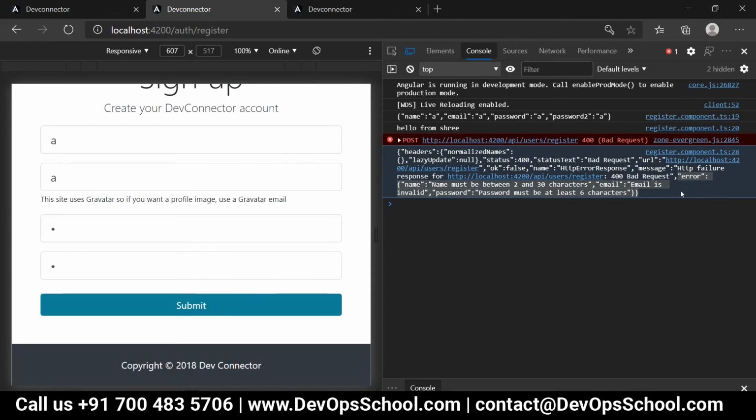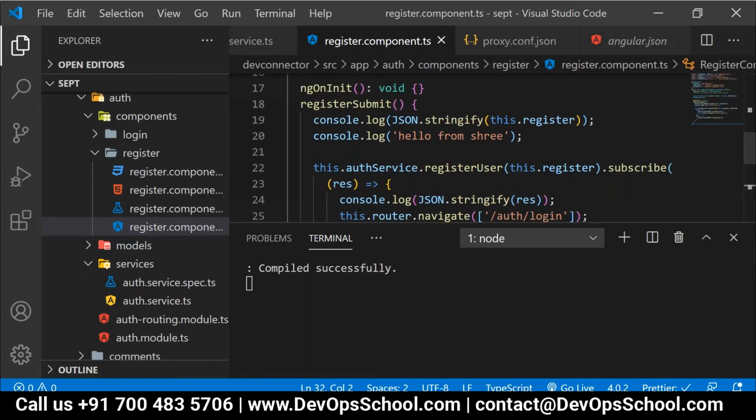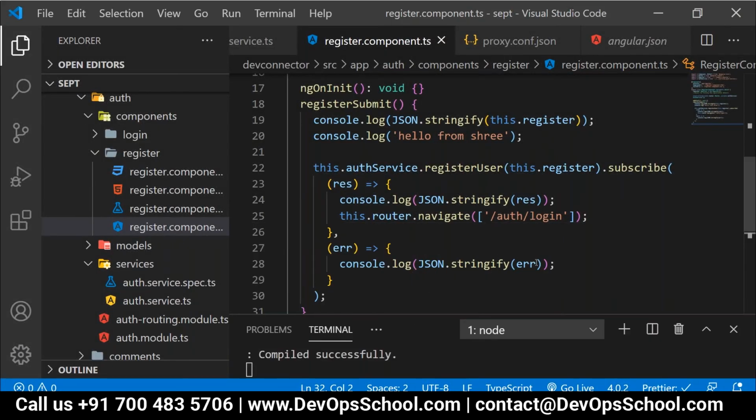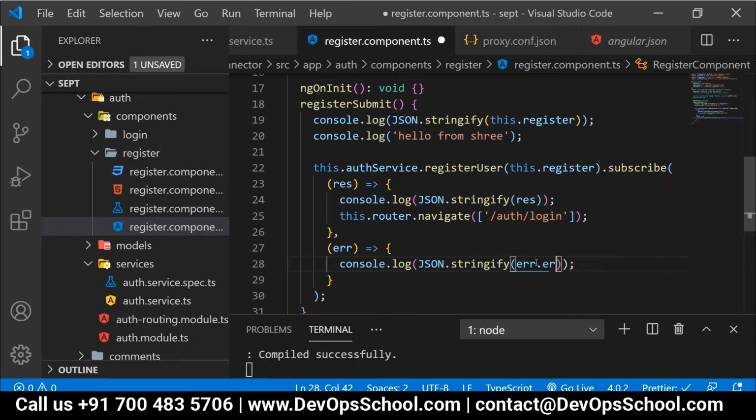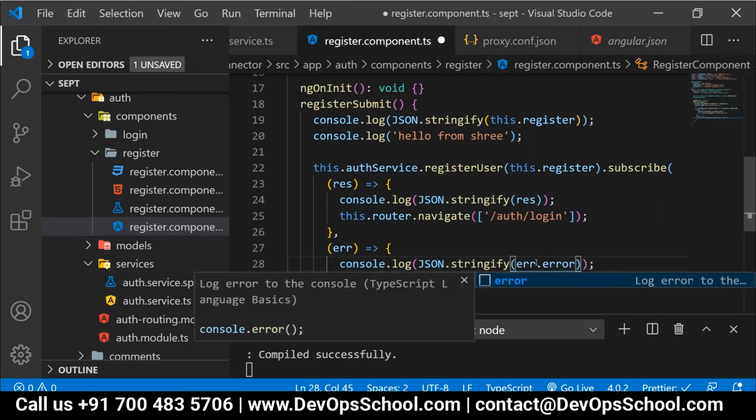Do we need to read the data from this error object and display it in each and every controller or not? For that purpose, have a look over here: err.error. I'll just save it.